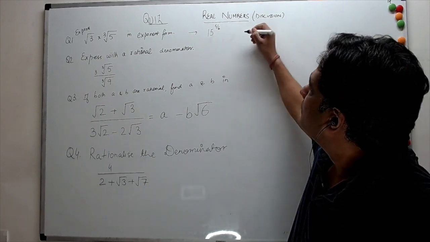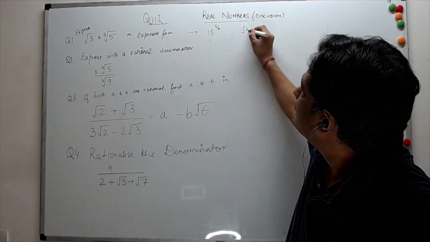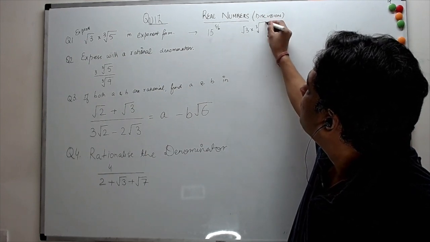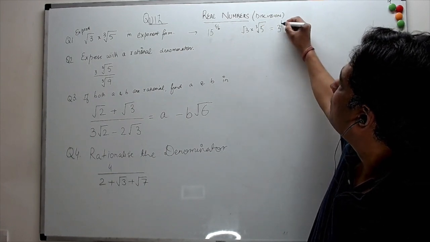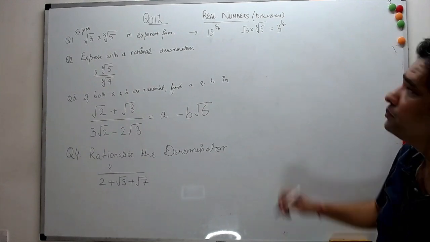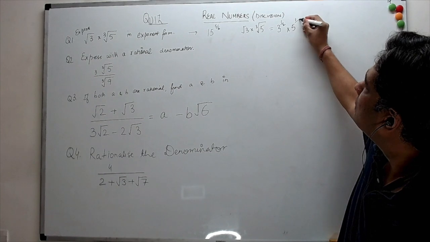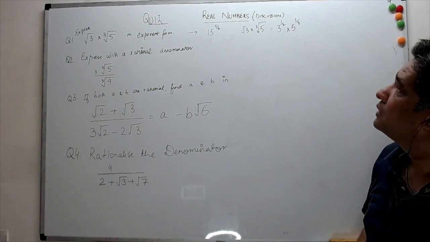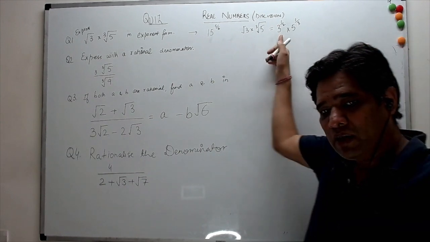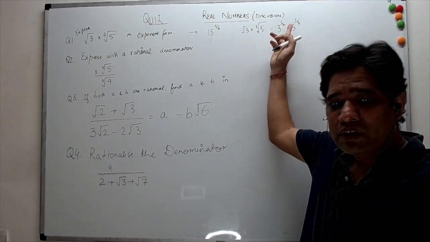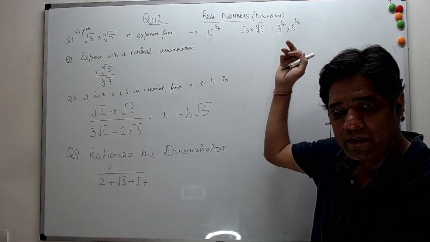So what I would do in this case is, this is root of 3, right? Root of 3 into third root of 5. So I would write it as 3 raised to the power 1 over 2, into 5 raised to the power 1 over 3, right? Now if you look at it, I cannot apply any law of exponent right now because neither are the powers same and neither are the bases same, right?